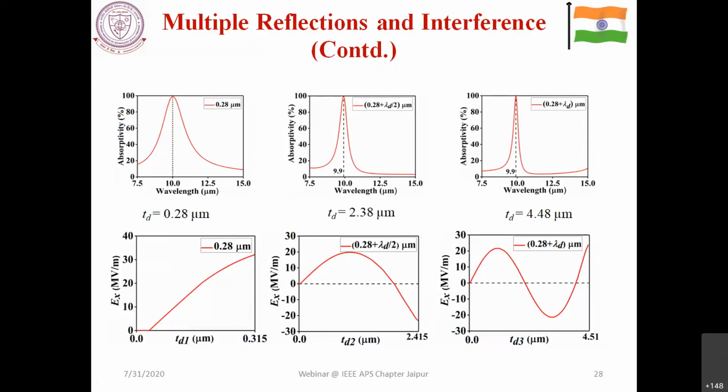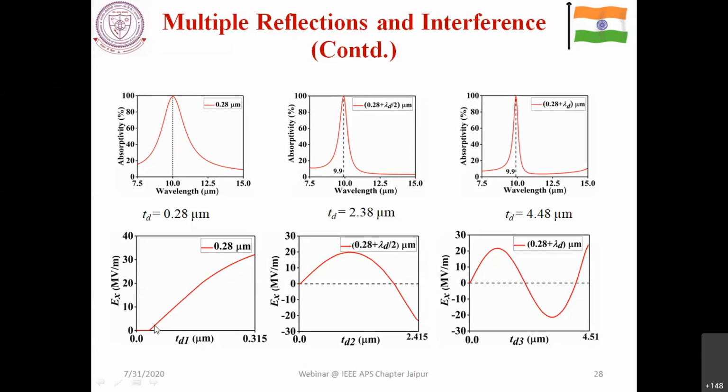And once the property of absorption gets repeated, basically what you can think is that you are changing the dielectric thickness, and suddenly you are getting back to the original one. You are changing the thickness, what will happen? The absorption is getting shifted, and again it is coming back to the original one. So basically you are incorporating some kind of Fabry-Pérot resonance, right? And if you want to plot the electric field, you can see the electric field is getting changed this way.